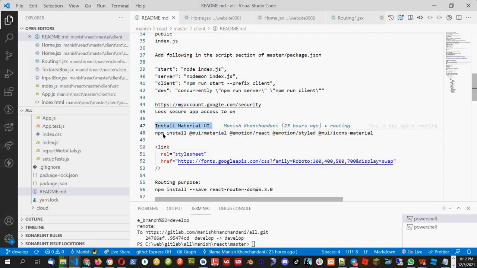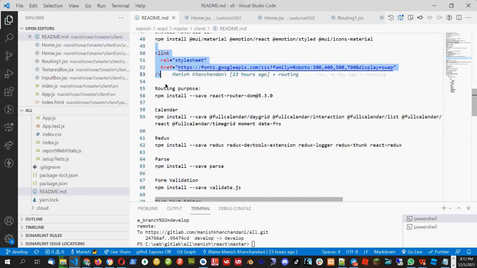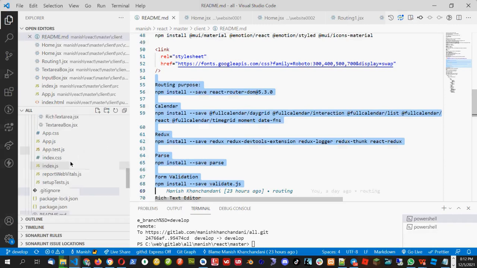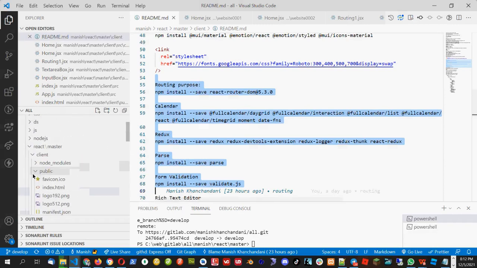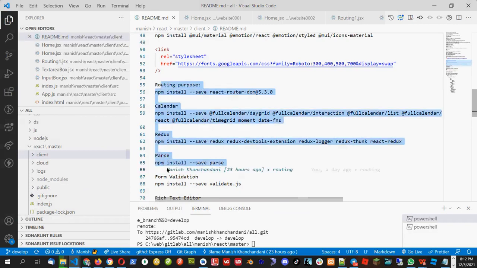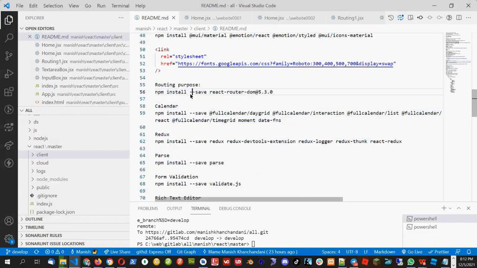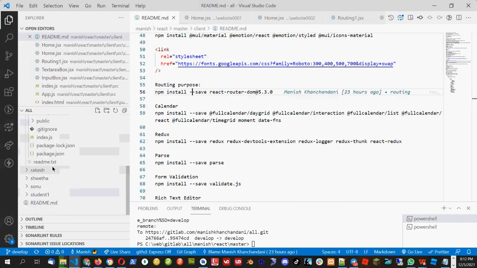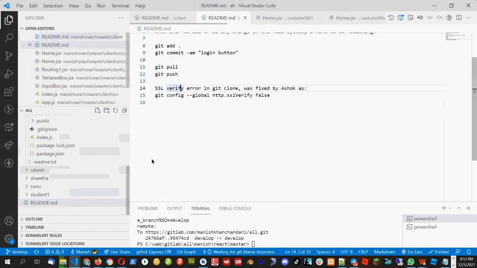We first install the material UI using this line and then put this into the public index.html file, and then we run the following more components in our client folder. We have the master folder and we have the client folder. So we run all these components on the React side, that is on the client side, and you can get all the list in the readme.md if you go to my folder, Manish React Master, and